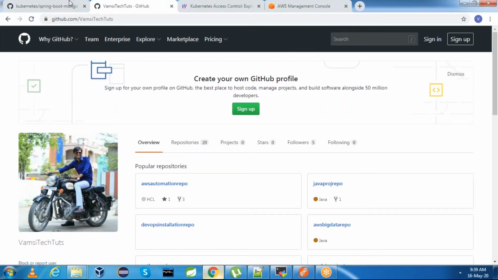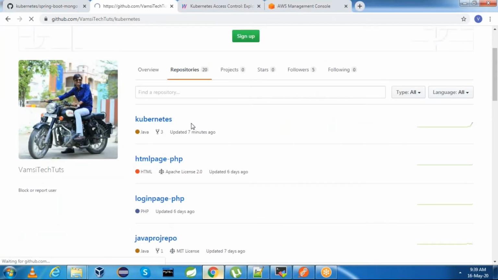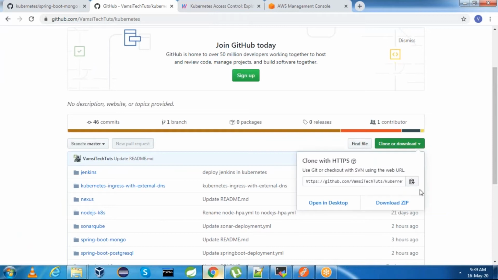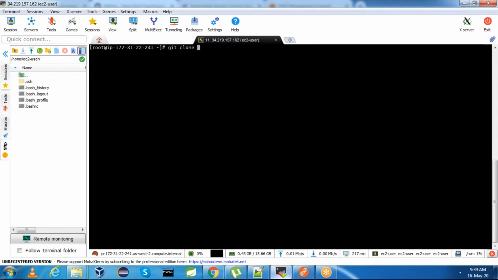Okay, let me start cloning the repository. Click on repositories, and I have the Kubernetes repository, and click on clone or download. Git clone.